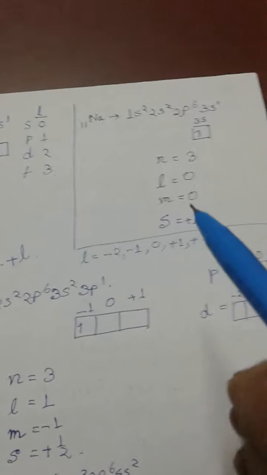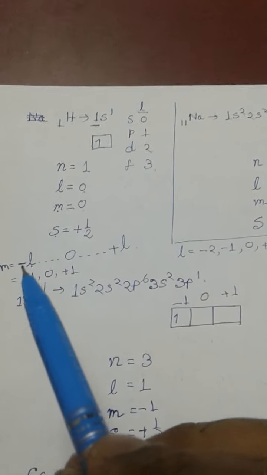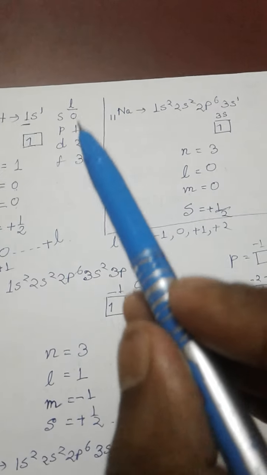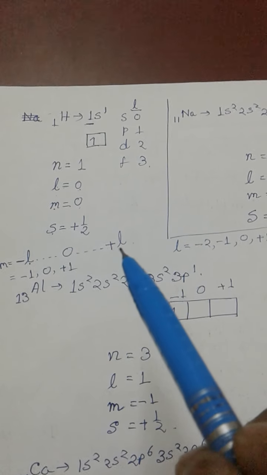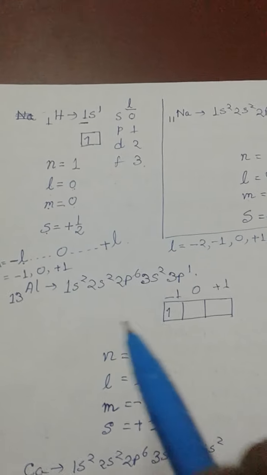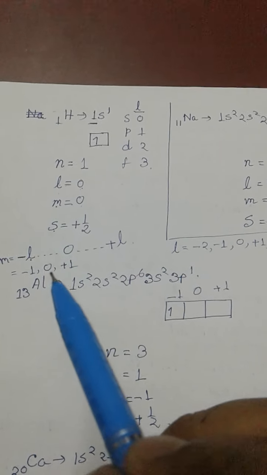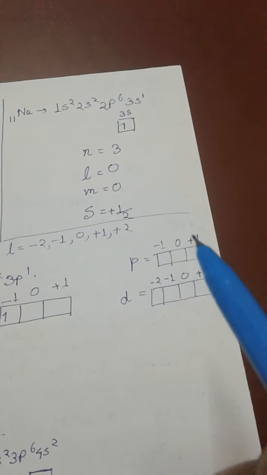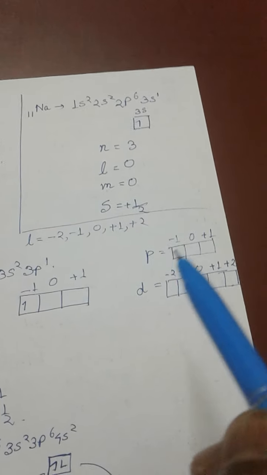And when we write the m value for the p orbital, you must notice that l for p is 1, so the minimum value is -1 and the maximum value is +1, and in between +1 and -1 we write all the integer values, here only 0. So -1, 0 and +1 are the three values of m present for the orbitals in the p suborbit.